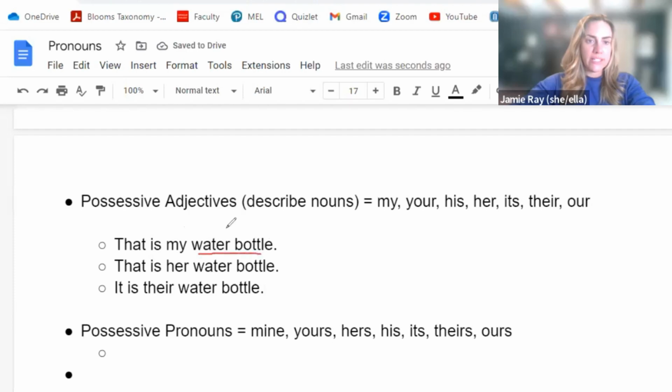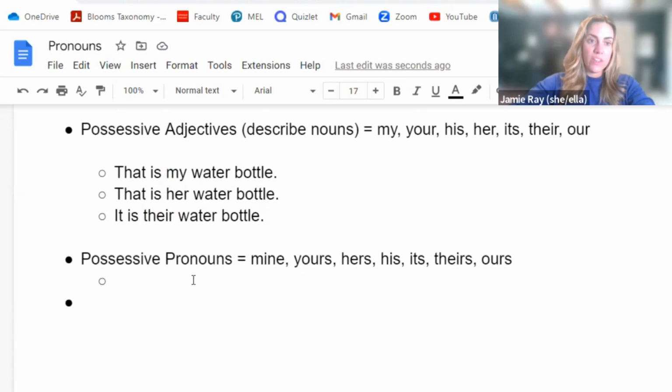Remember, water bottle is a noun. Okay, and whose water bottle? My water bottle, or her water bottle, or their water bottle. Okay, so those are adjectives. Adjectives describe nouns. They're showing possession. Now, if I wanted to replace those adjectives with full-on pronouns, I could do that too. I could say,